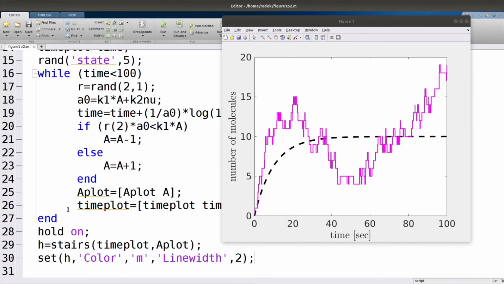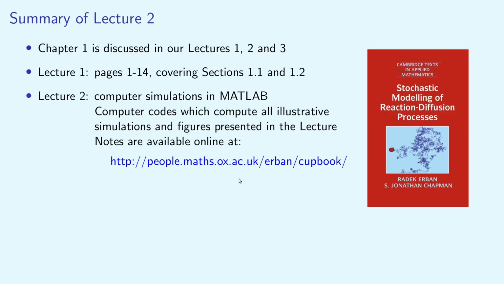Please note that you will obtain more efficient codes in MATLAB if you only store statistics which you are interested to plot. Therefore, store the histogram and do not introduce aplot and timeplot to store details of all computed realizations. Otherwise, you could end up with a slower code if you attempt to store and work with unnecessary large data files. If you have any difficulties to calculate the stationary distribution, you can also check the MATLAB code for figure 1.2b on the following website.